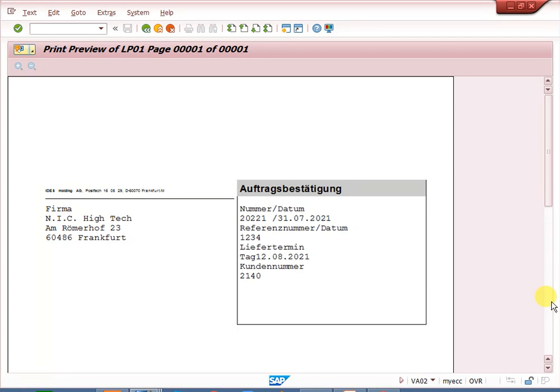Once they map it, we need to do the output determination settings. I will show you the output determination configuration in this video. Once we provide the output determination output type, they can assign this form program to that output type and prepare it.